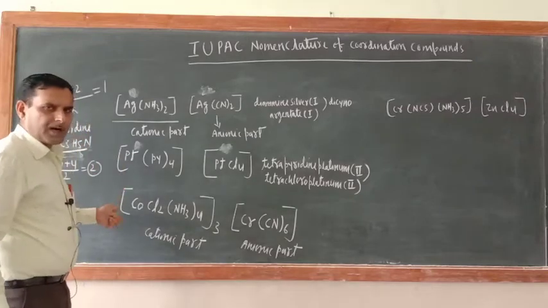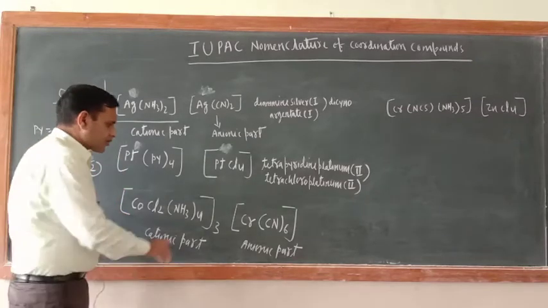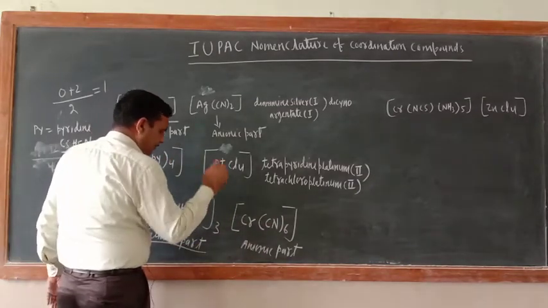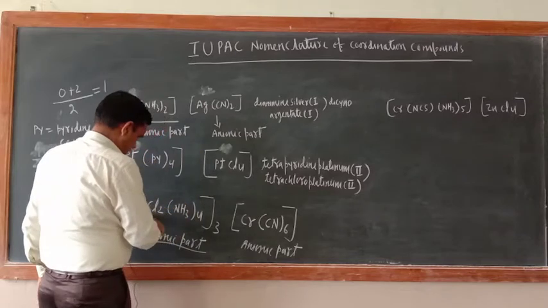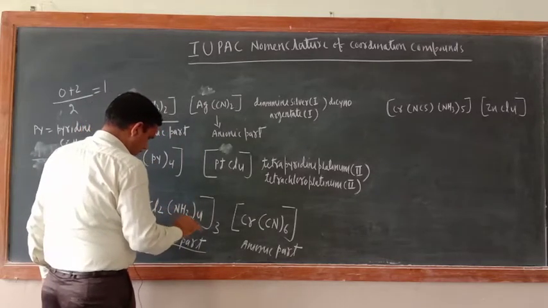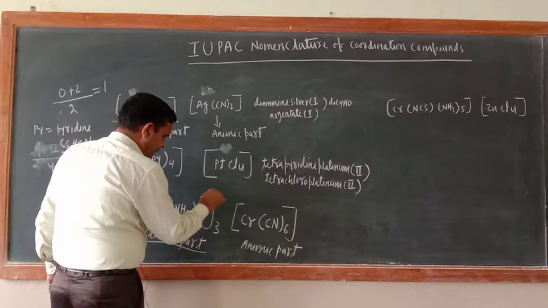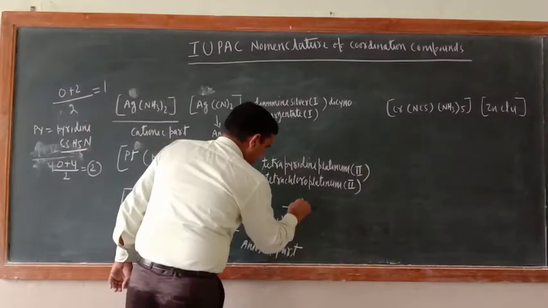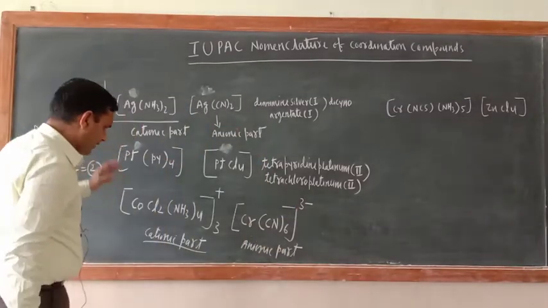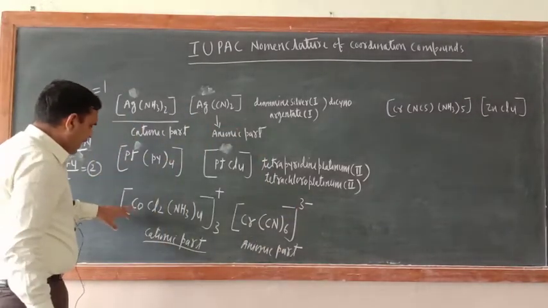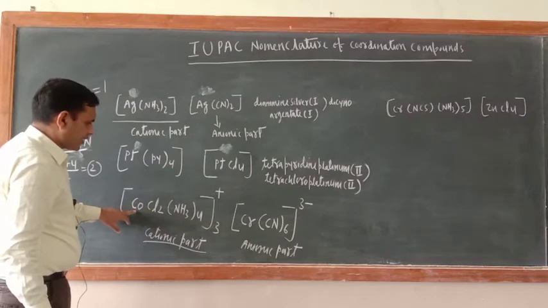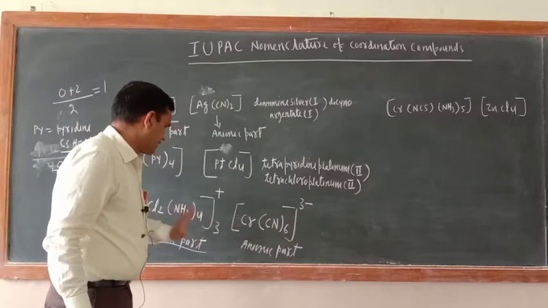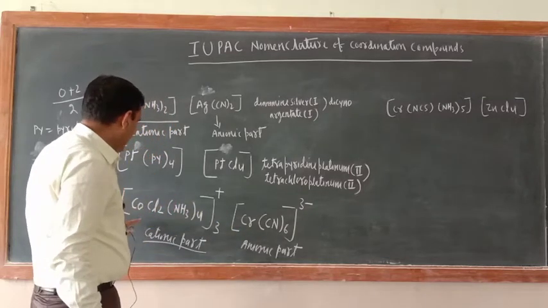Generally we know cobalt oxidation state is +3. So just segregate this one. This is the cationic part. Here if we put a single positive charge, and here 3 negative charge, now just calculate. The oxidation state of cobalt will come 3, and here also the oxidation state of chromium will come 3. Don't worry. Now you can name it.